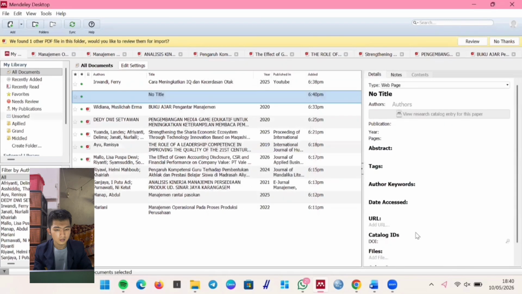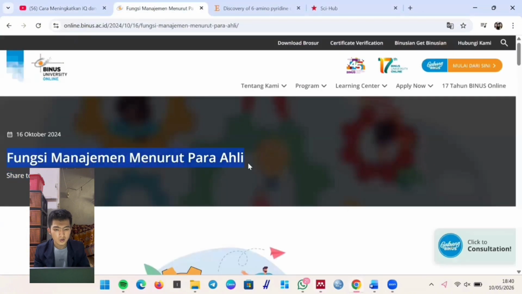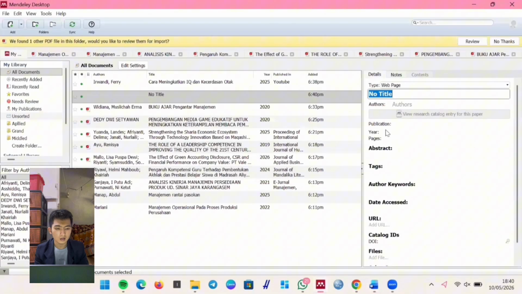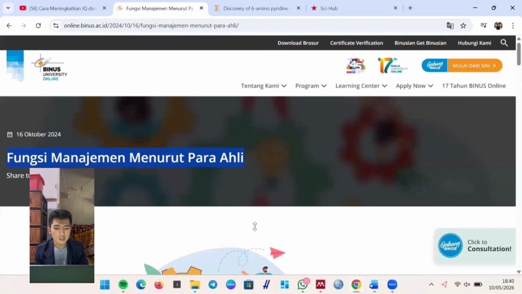Now I will show you how to manually add a reference from a web page. The steps are: click Add New, then select Entry Manually. In the type section, make sure to select web page.